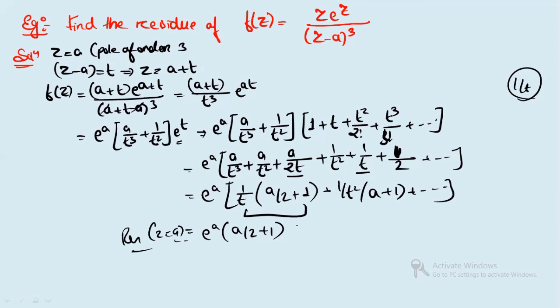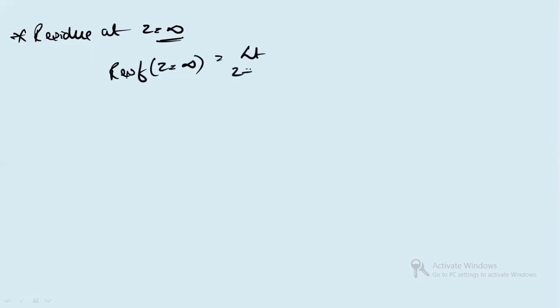All right, the third method I'm also showing, just for knowledge: residue at z equals infinity. If your pole is at infinity, then you can find the residue as follows. For a function whose pole is at z equals infinity, for that particular point, the residue is the limit as z tends to infinity of minus z f(z). Just remember this. When you get this case, you can do it this way. Clear? So that's all in this video.